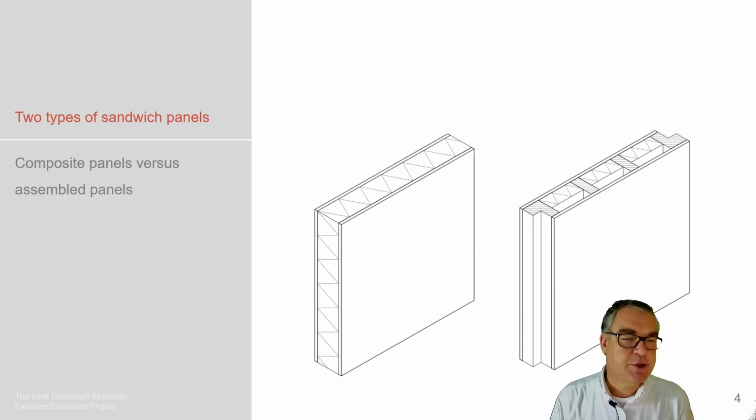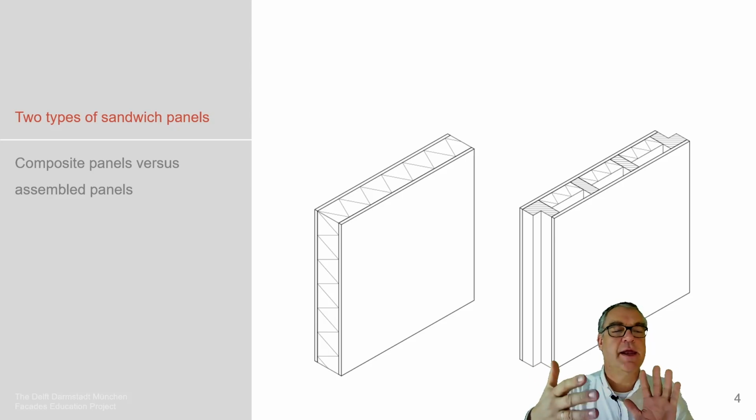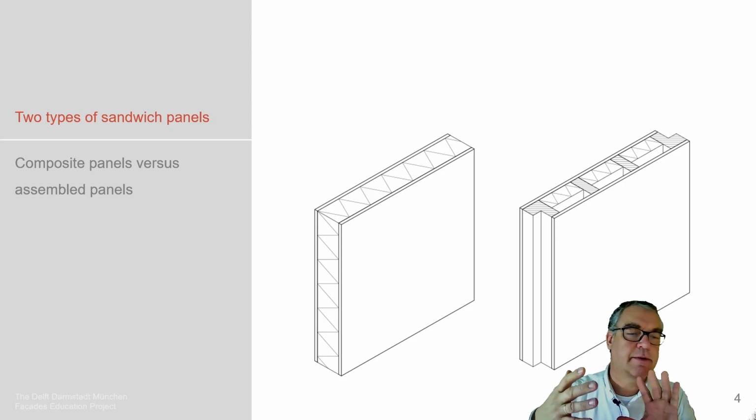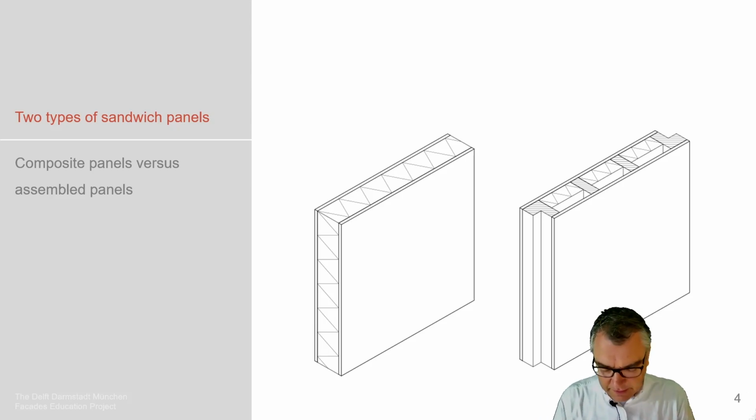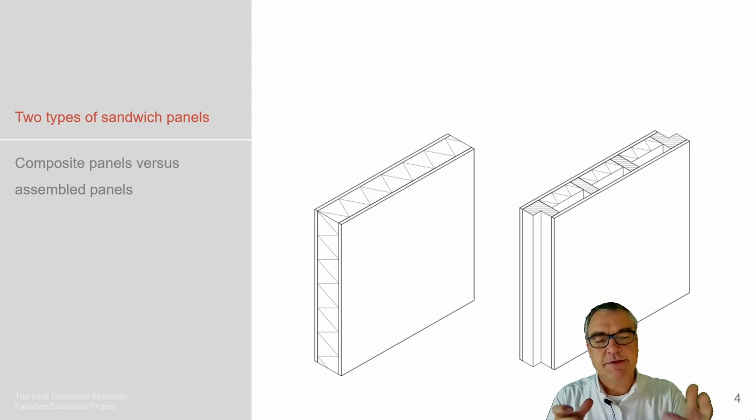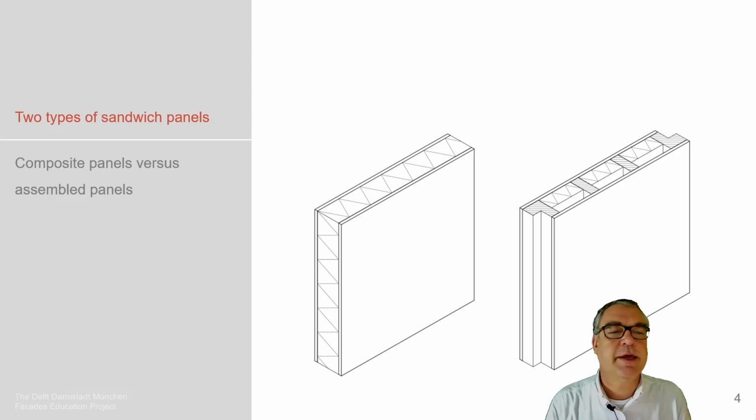When we talk about sandwich panels, we have two types of sandwich panels. It's either the composite panel, which means there's an inner and outer cladding, which is then connected with a mostly insulating structure, polyurethane foam. It could be the material to do so, because it can be expanded within these two layers of sheet metal, for example, and then keep this whole thing in position, versus an assembled sandwich element, which means we do have a timber structure with some insulation structure.